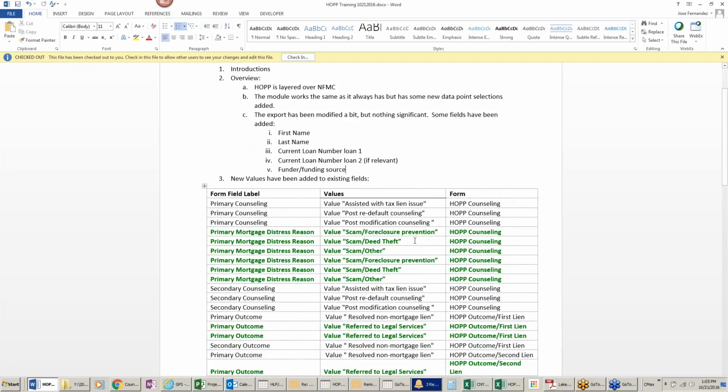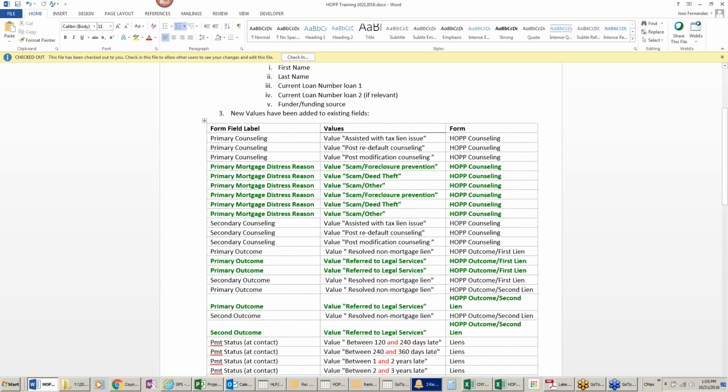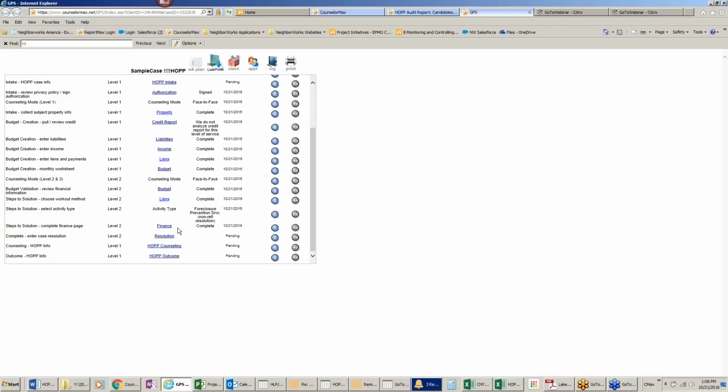So we have a little form here, and I'd be glad to share this with folks if you think it might be valuable. But basically what it tells you is what form the new options are on. So in this case, the HOPP counseling form, what the field name is, primary counseling, and then what the new values are. Okay, so for example, if we go to the HOPP counseling form here,